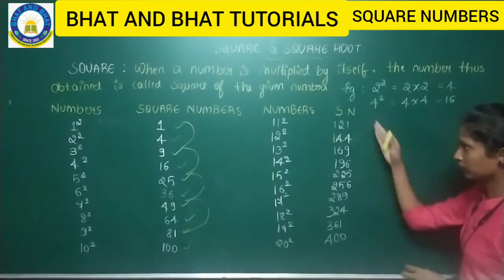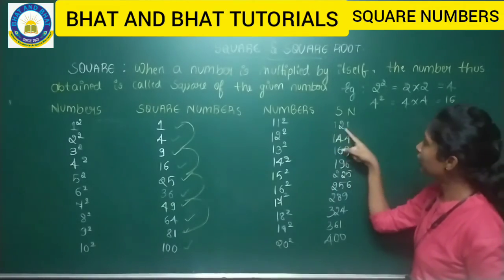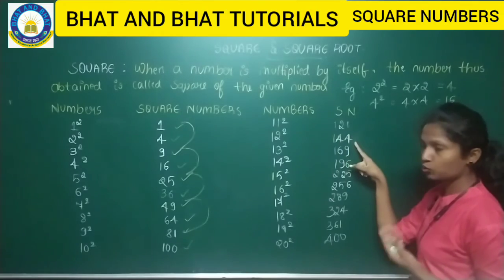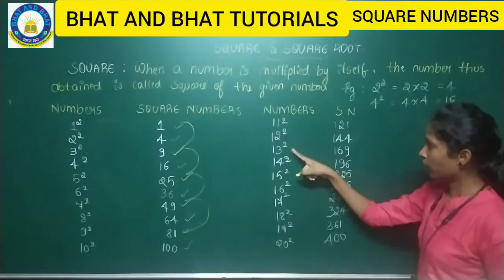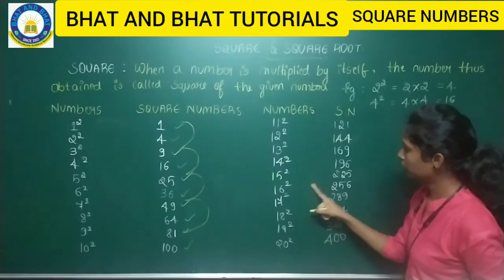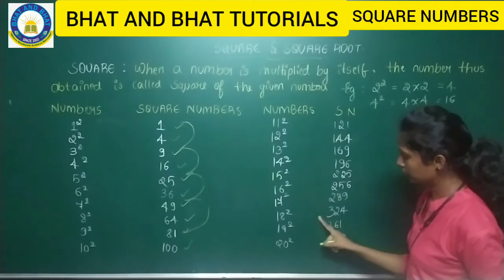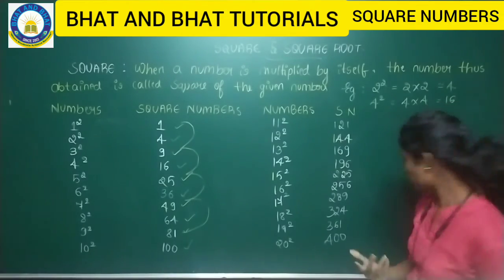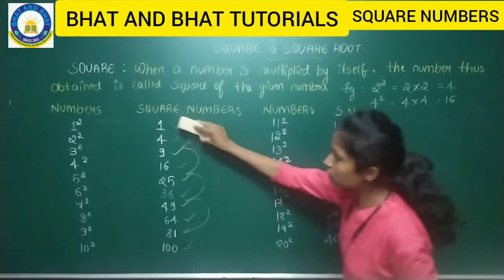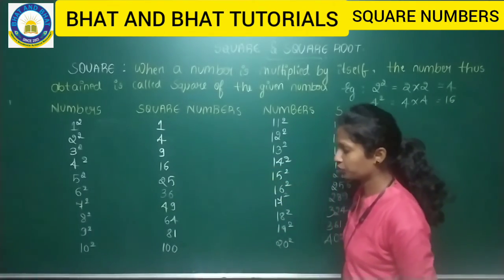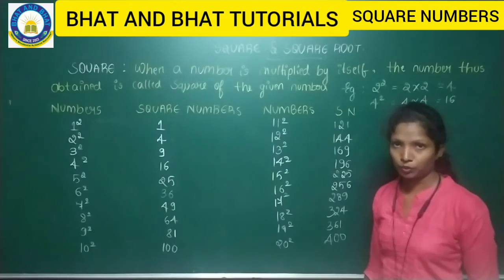Not only with the same, here also you can see. So the odd number and its square number is also odd. The even number, its square number is also even. This is odd, this is even, this is odd, even, odd and even. So this is how we need to analyze which is the odd number and which is the even number. This is one of the important things that you have to know when you are solving problems.